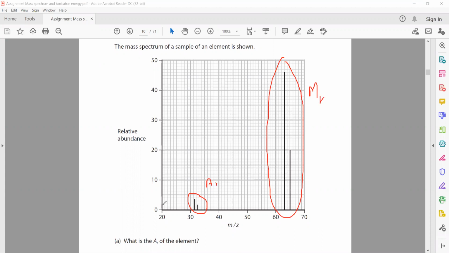So each block is 1, 2, 3, 4. So this is 3.5, and this is 1, and I can take 1.9 or I can take 2. So 3.5, the height multiplied by,